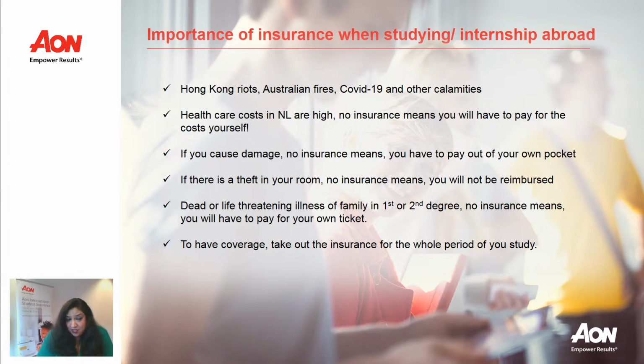If you cause damage and you have no insurance, you will have to pay the damage out of your own pocket. You accidentally bump into somebody, you break something of another person. Well, if that person holds you liable for that, you will have to pay for that. If there's a theft in your room or your apartment, there is no insurance. It means, well, nothing is going to be reimbursed, and you will have to replace everything yourself without any reimbursement